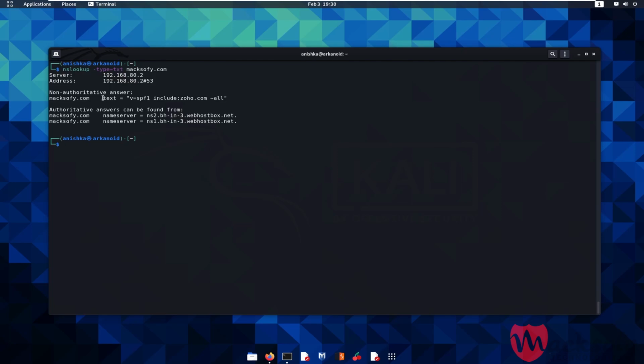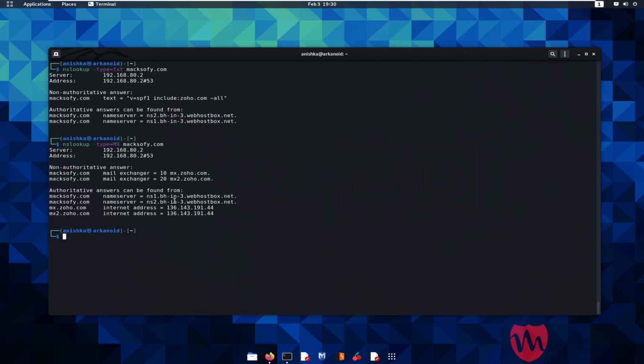And we can see we got the unstructured text record, which is over here. We can query anything which we can type over here instead of the text. For example, if you need to search for the mail servers, you can just change it to mx and then press enter. And we can see we got the mail servers.